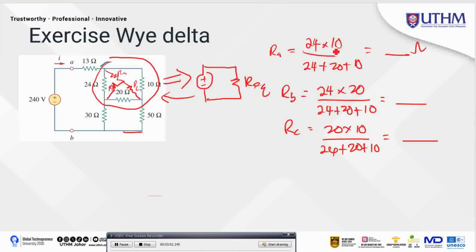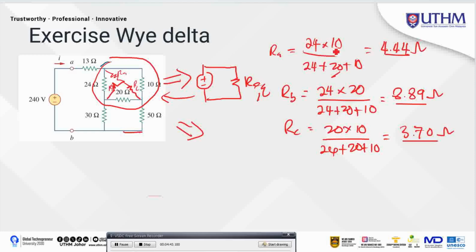So you will get RA is 4.44. On the other hand, RB is 24 times 20 divided by 54, you get 8.89 ohm. And for RC, 200 divided by 54, you will get 3.70 ohm. Now we already convert this circuit into the Y circuit, so you need to redraw it